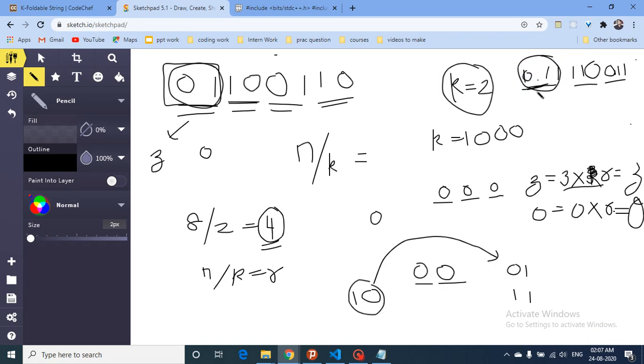So if I know the number of zeros and ones in this, I will tell that there is only one 0 and there are two ones in this. Now I will repeat this whole frequency R times, and now I will know the frequency which I will require to form the new string. If this frequency is the same as the frequency given to you in the original string, then it is valid. Else, if for every possible combination this is not valid, then the answer is no, impossible. Else, if you know the K string, you can form the whole string. I hope you understand the logic.